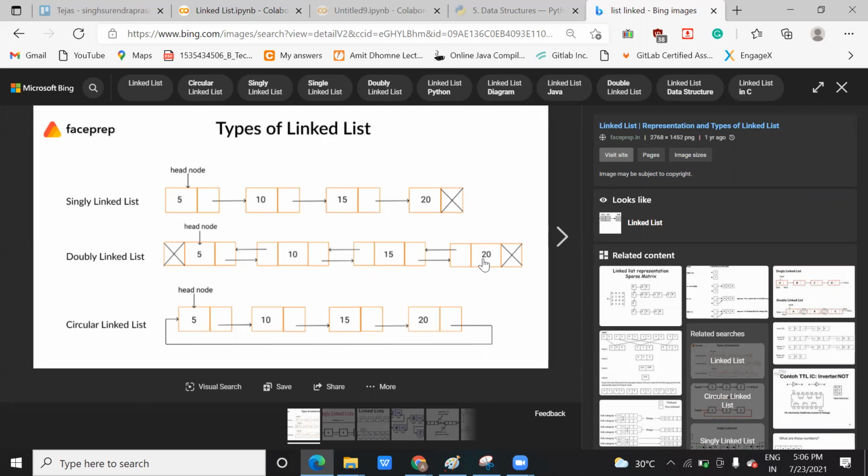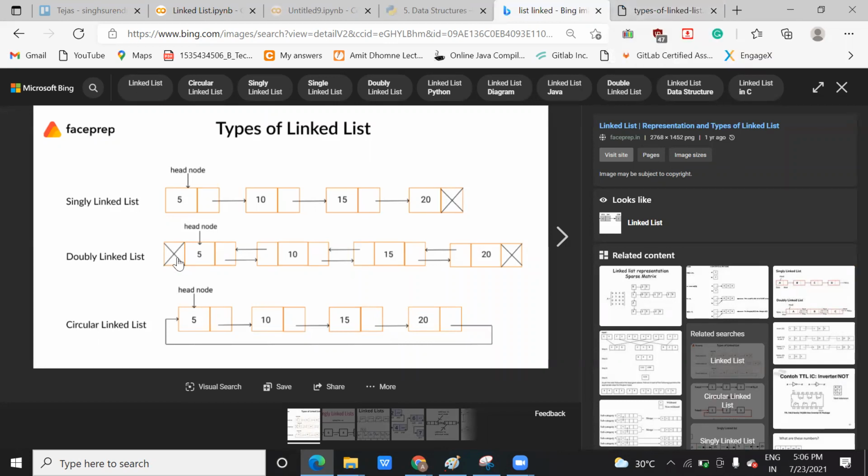So in a doubly linked list you will have two pointer sides. The right side represents the address of the next element, and the left side represents the address of the previous element. Here this arrow represents 10, and this arrow represents 20.